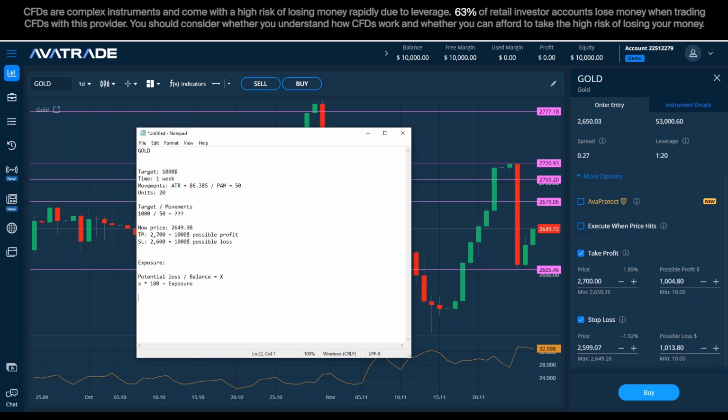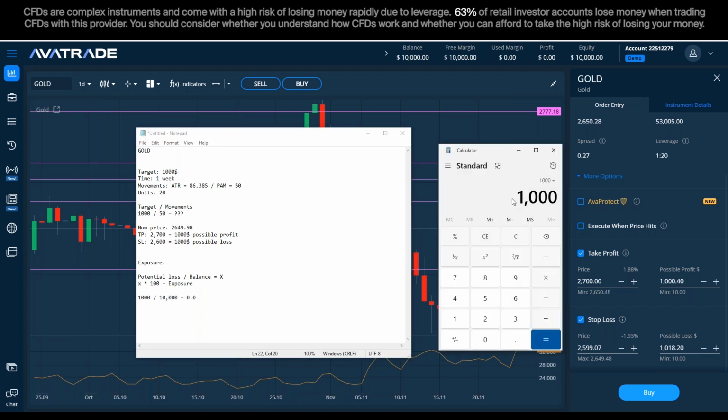Therefore, if I take the 1,000 that I am supposed to lose, God forbid if it goes sideways, and I divide it by my $10,000 balance, it equals to 0. Okay, let's do it with the calculator.